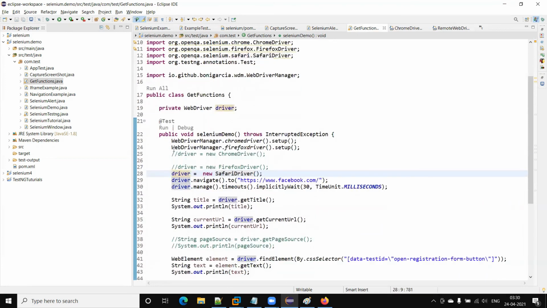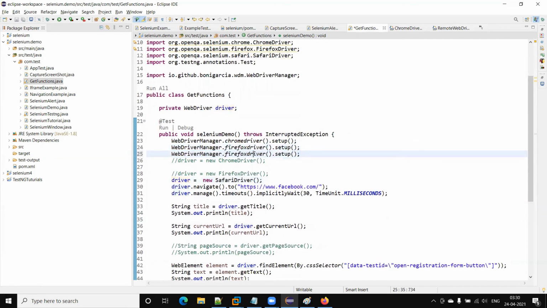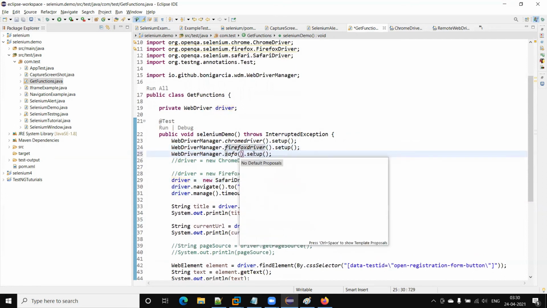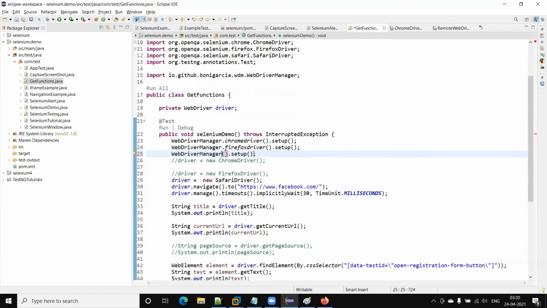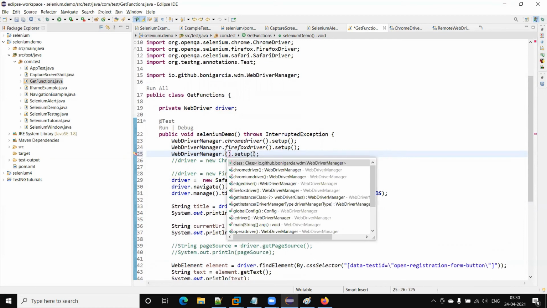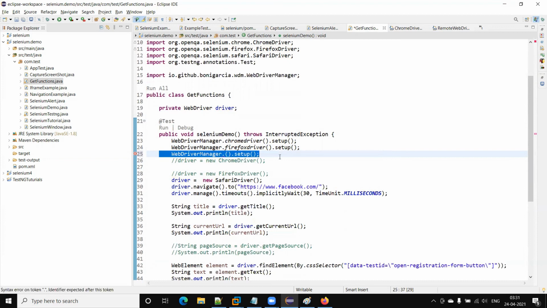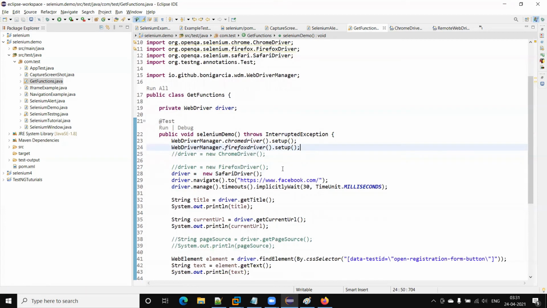For Safari, we don't require any exe. We need to set up some security settings on the browser, which is installed on Mac.